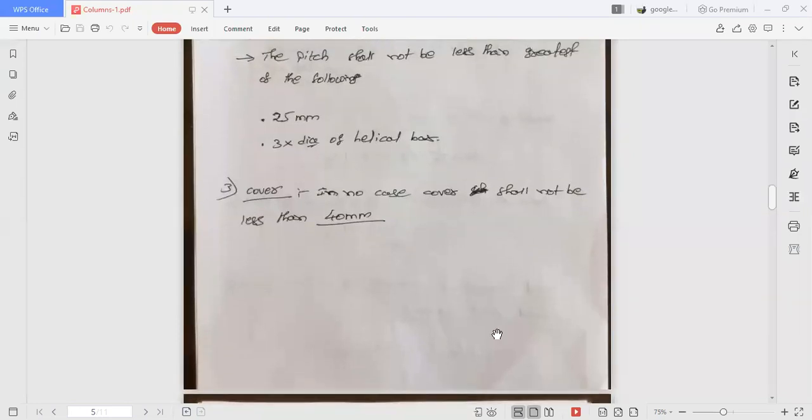Now by using all these details, let us go with the design of column. Before starting off with the design of column, let me tell you what we mean by design of column. What we are going to do by means of designing a column. So see here, in design of column, what we are going to do is,